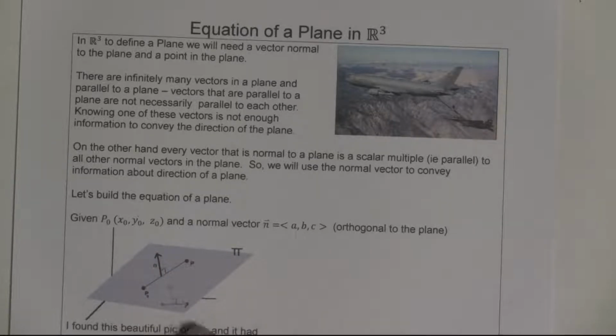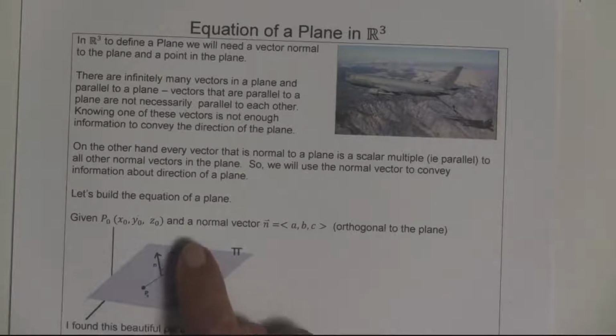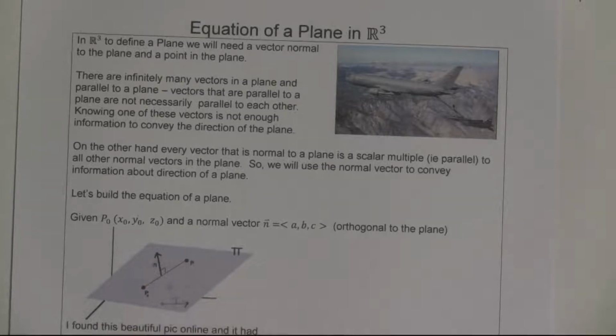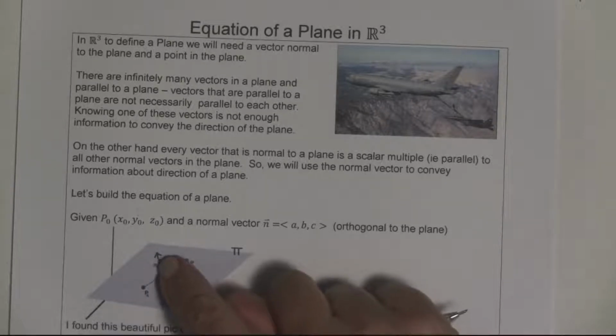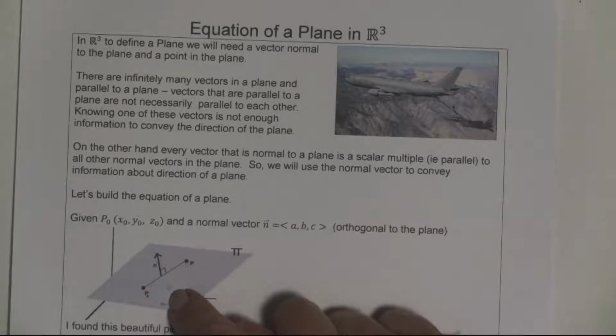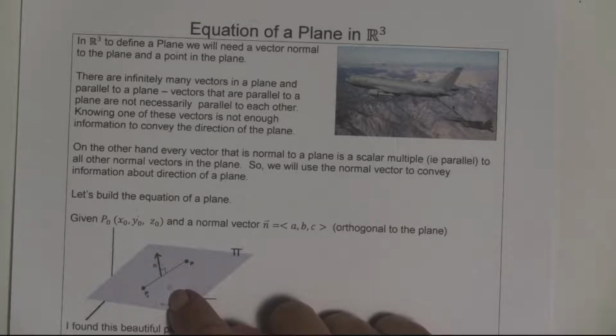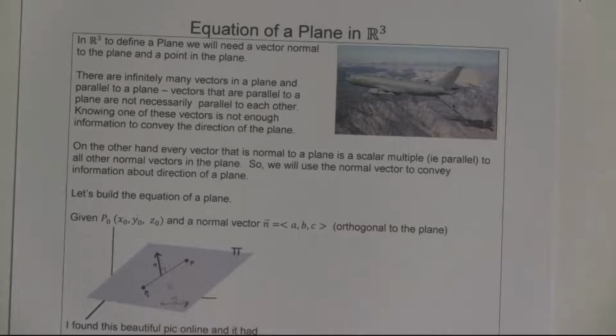Every vector that is normal to the plane is parallel to each other. And so if it's normal to the plane, then they're parallel to one another. So all of these normals will be just scalar multiples of one another. So that's kind of the idea. And I wanted to build out the equation of a plane, and I've summarized it down there below